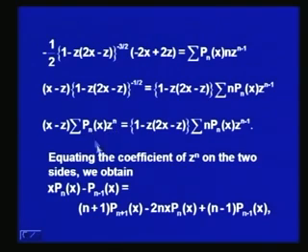So, z to the power n coefficient will be Pn minus 1. So, we get x into Pn x minus Pn minus 1 x, while the right hand side gives us n plus 1 into Pn plus 1 x, and then minus 2n x into Pn x. This we get from here, minus 2x into n Pn x, and then z to the power n. The last term is plus z square multiplied to this. So, that makes the power of z as n plus 1. So, the coefficient of z to the power n will be n minus 1 into Pn minus 1 x,